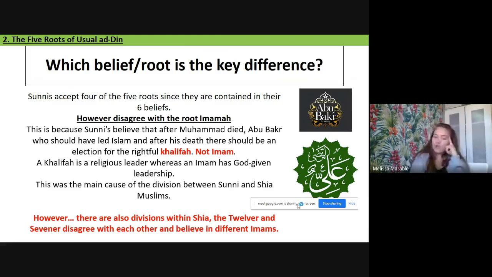If you, say, for example, had a D question on this, between Shia and Sunni beliefs, a really good critique of the Shia belief would be the fact that even within Shia they cannot agree, and therefore their belief system may be argued to be flawed. Because if it was true, then why aren't all Shia Muslims believing